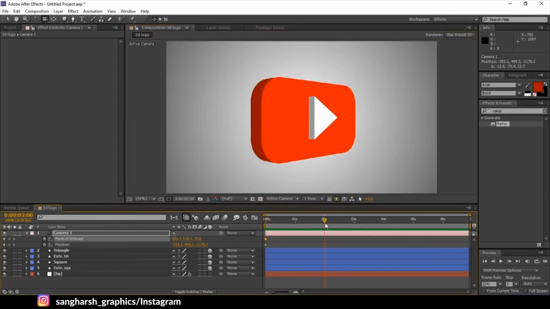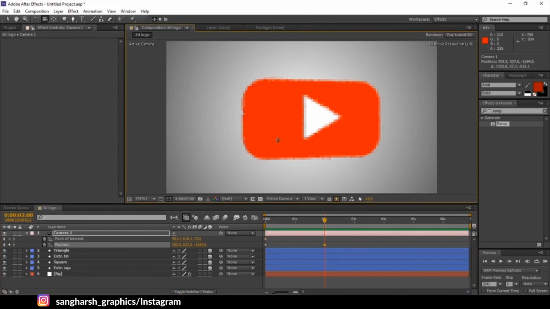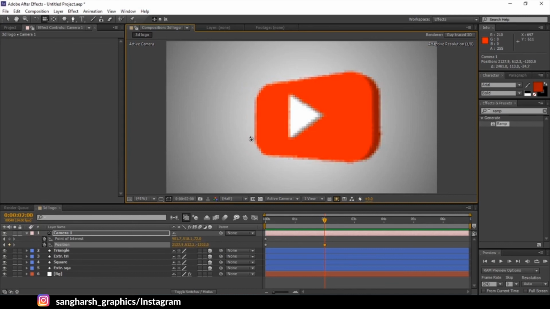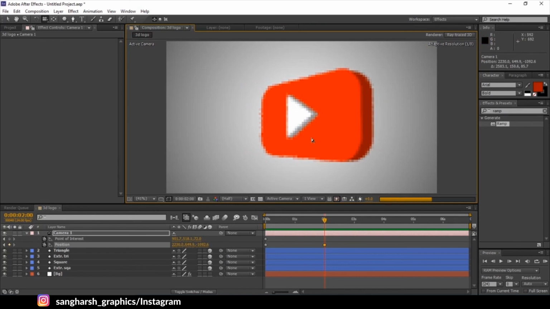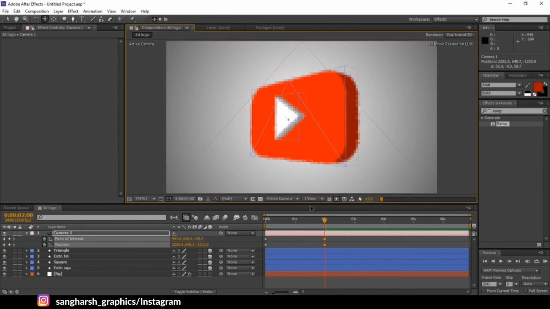Now we will add a keyframe on both of them by clicking on the stopwatch. Go to the desired point on the timeline, some frames forward, and just rotate there as you wish. Just held the GPU, it's taking too much time. Now pan just a little bit. I'm just showing how to animate here with the camera tool.